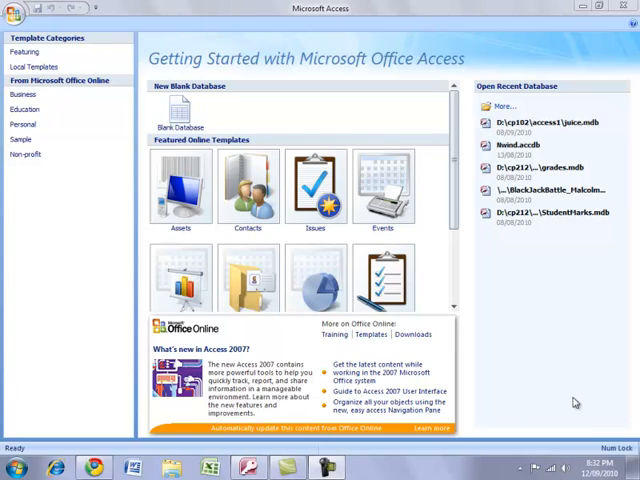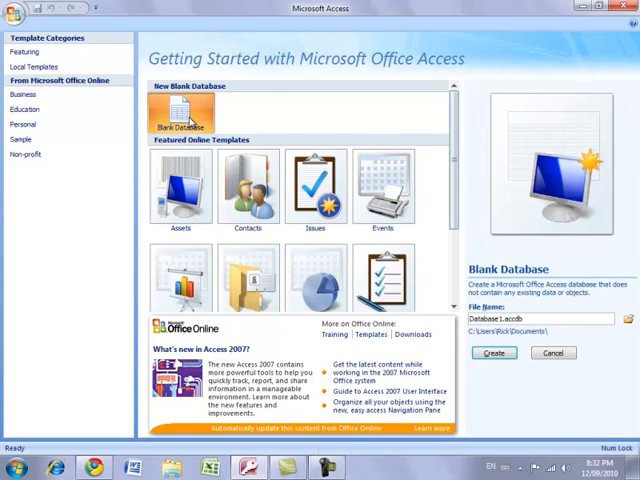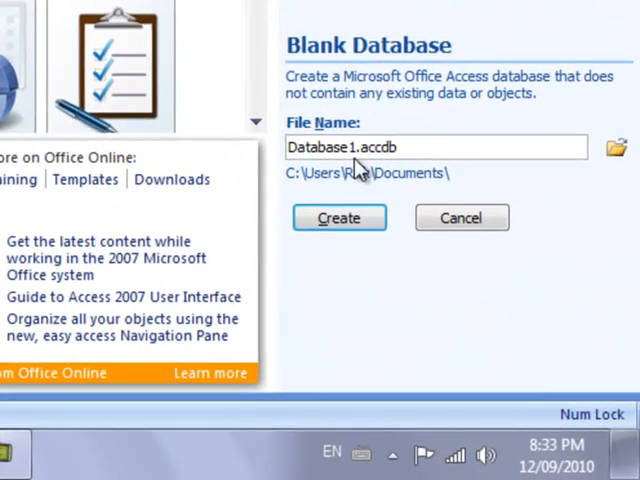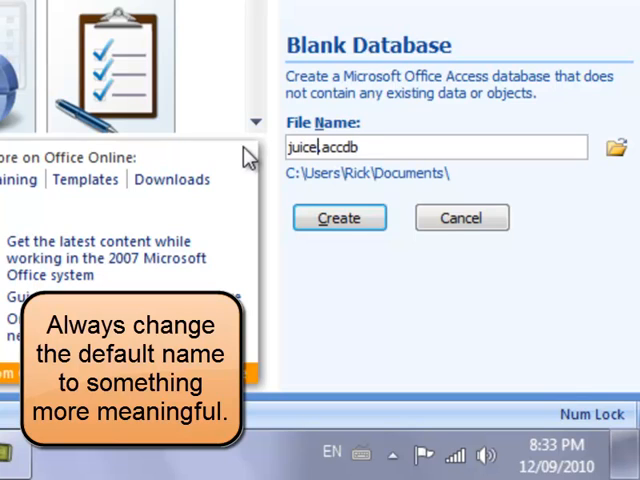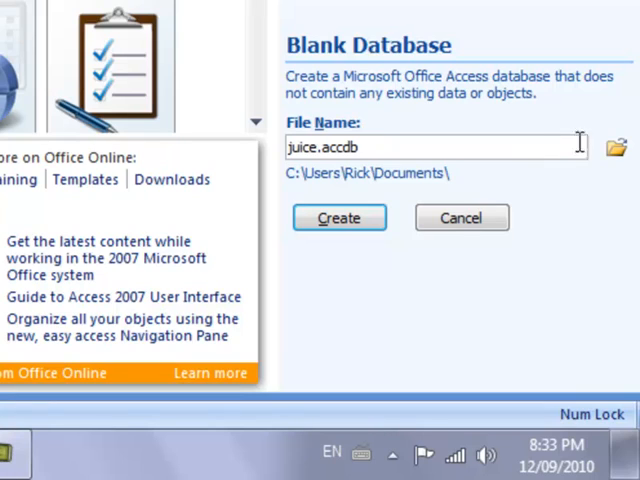So here on the main screen in Access, we're going to click on Blank Database, and at the pane on the right-hand side, you'll see that it's going to create a database called Database1, but that's a horrible name for a database, so we're going to call it Juice. The file extension for this database is ACCDB, and that's the new file format in Office 2007 for data. I'm going to click on the Browse button, and that's going to allow me to choose